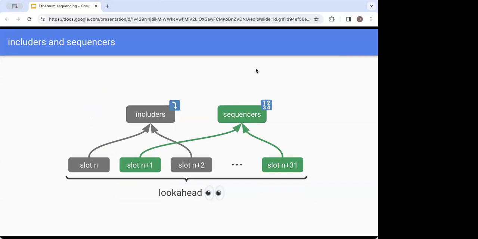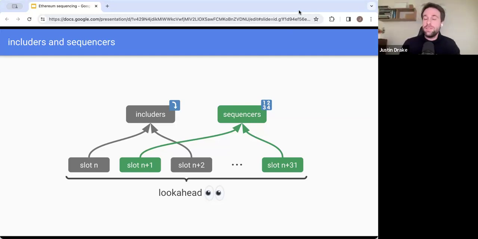What is the election mechanism for the preconfers? Right. Because originally it was that if you're in the look ahead as a proposer, then you are a preconfer. But now you were suggesting to have both a proposer and a preconfer. So I wanted to confirm. No, sorry. These are the same entity.